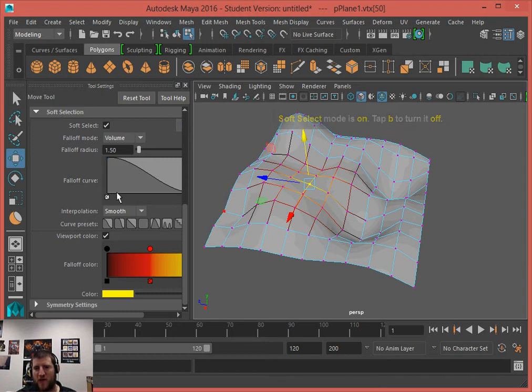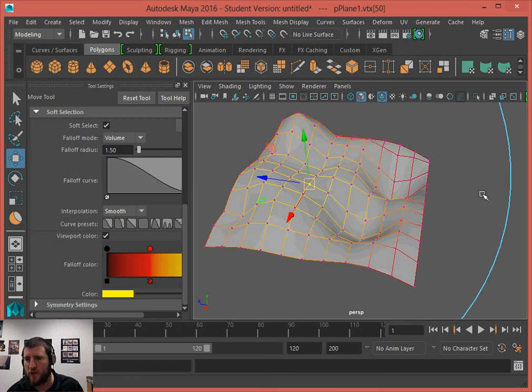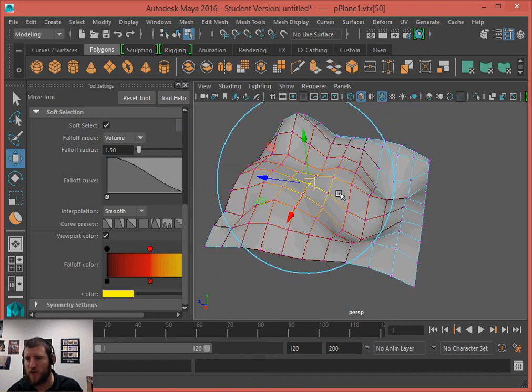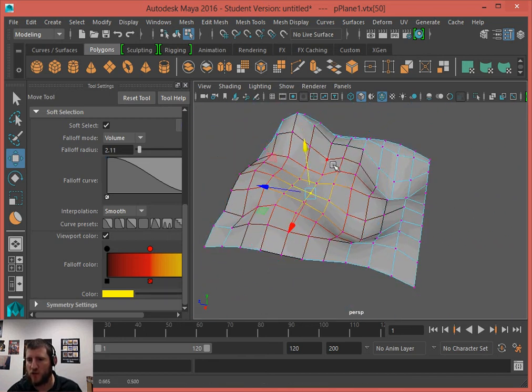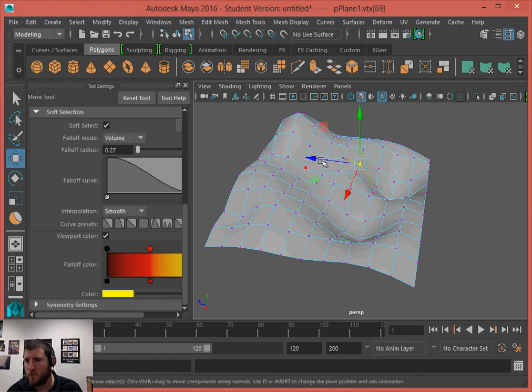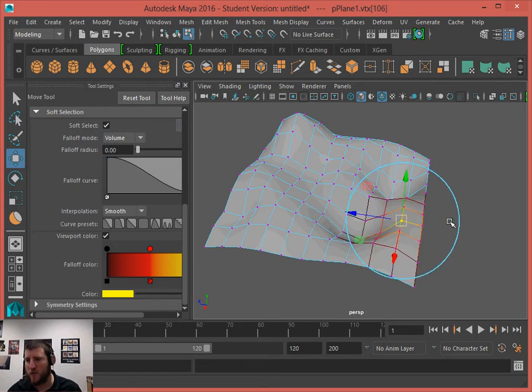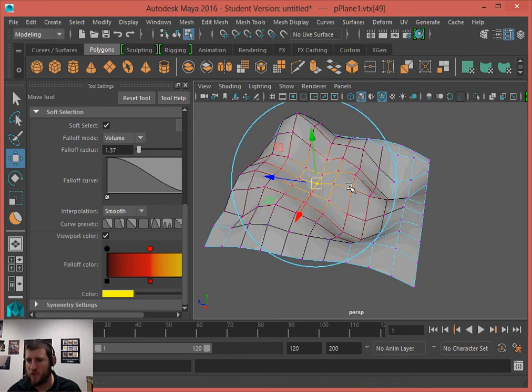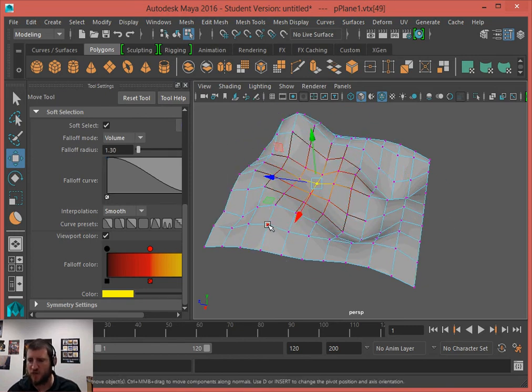What's really cool about soft select is you saw me coming to here to change the fall off radius. What you can do instead, if you just hold down the B key, you can actually left click with your mouse and change the size of your fall off radius to give you a little bit more control over what you're doing. You can make it really small, and in fact, if soft select is always on, you can turn it to 0 fall off radius, and then you're moving the verts just like you were before without soft select on. So that's up to you. That's kind of a personal choice as to whether or not you like the coloration.